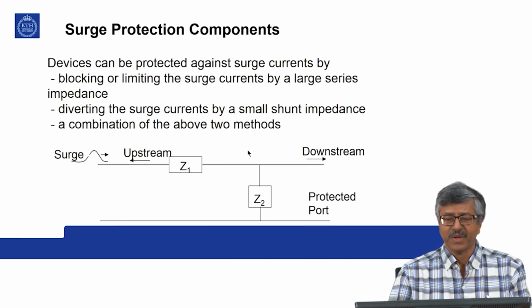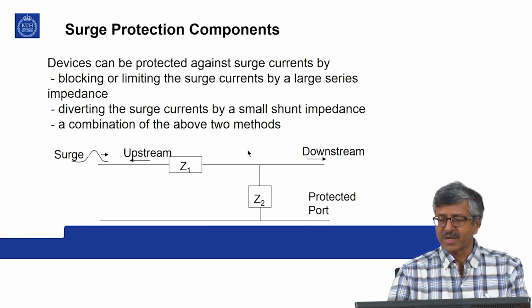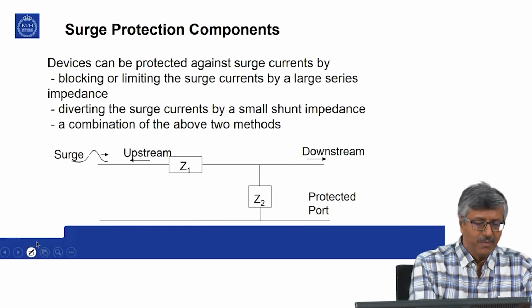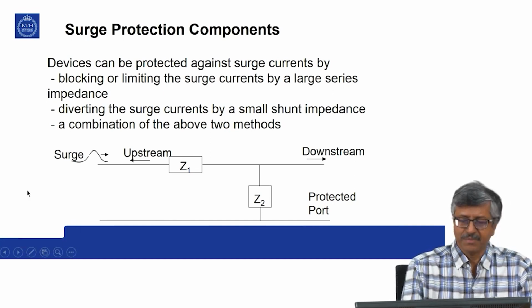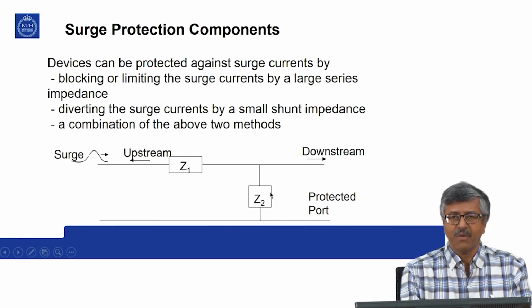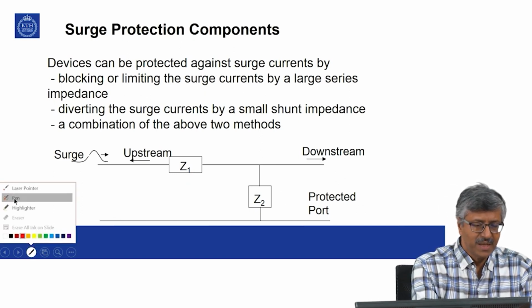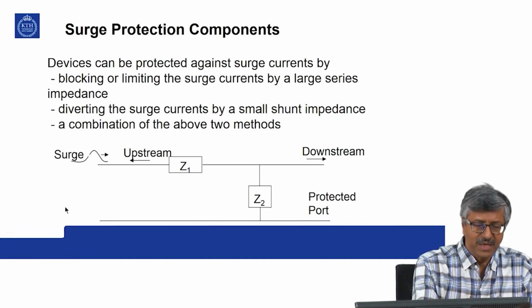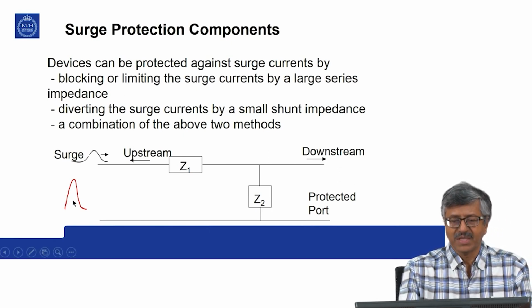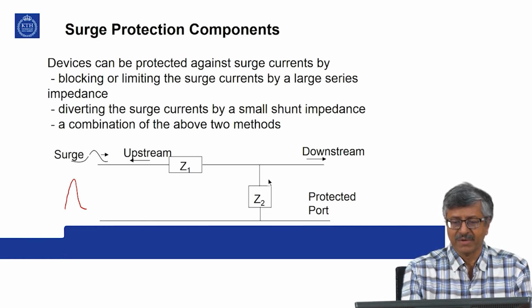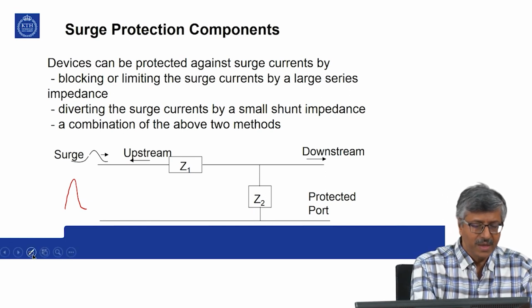Say for example, if you have capacitors, we have seen that capacitors can have very low impedance at high frequency. So, what is the characteristic of a surge? A surge will have a characteristic in which the rise time of the wave is very high. So, you have large frequency content in it. So, this large frequency content will be diverted through the capacitance,